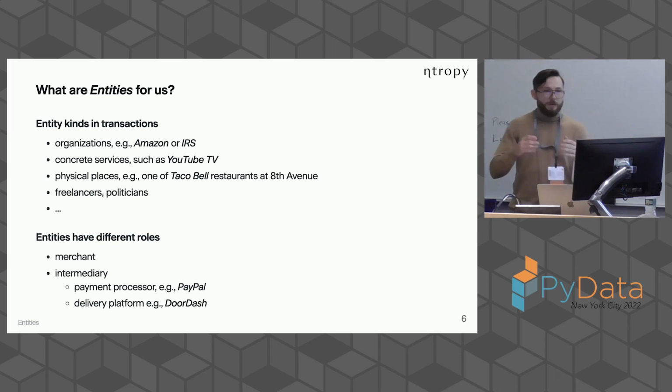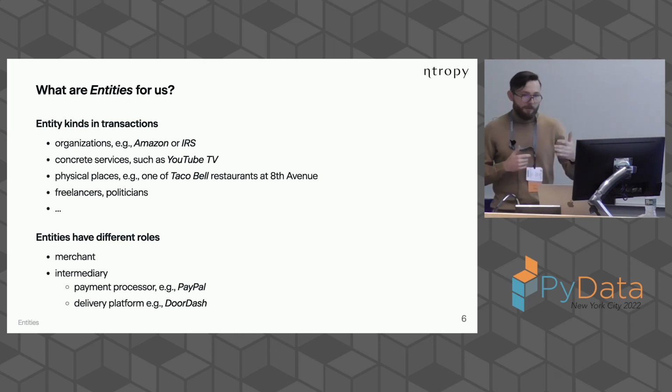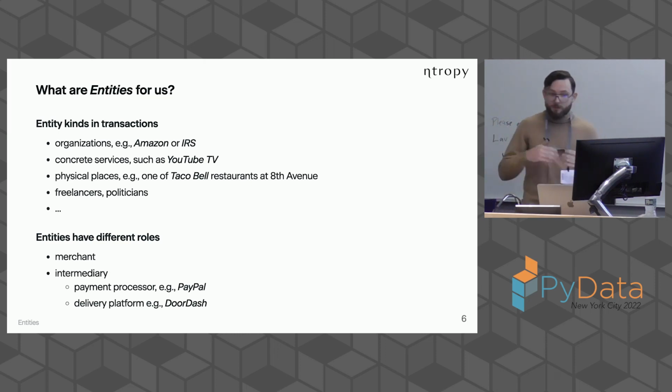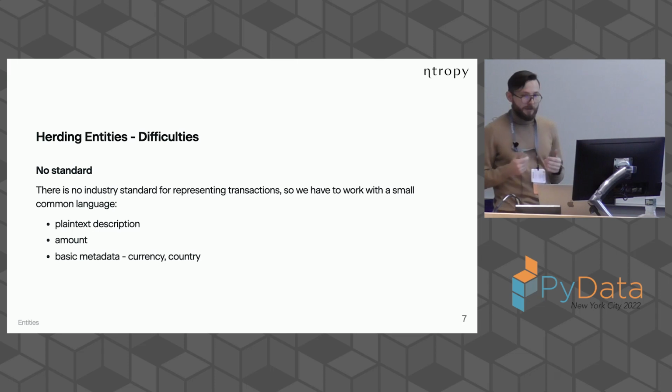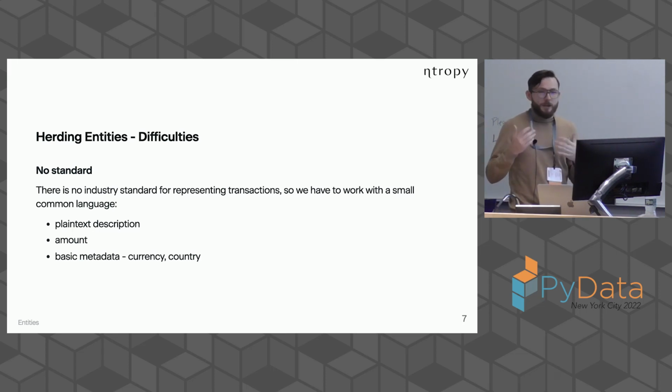For example, who the merchant is. In this case, it's KFC. We find out what the logo and the website are. We are sometimes able even to extract location based on some hidden store IDs that are present in transaction descriptions. We also can take a wider context of the transaction history of a particular customer, and check if the given transaction is a recurring transaction, is it a subscription or just a one-off thing,